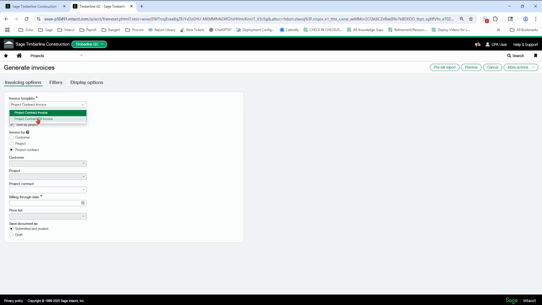And I might use a different form because this one is not an AIA type form. This is going to be a T&M invoice form. We're going to pick the Stratus Corporate Center. We're going to do a month-end date on both, and I'm going to hit preview.